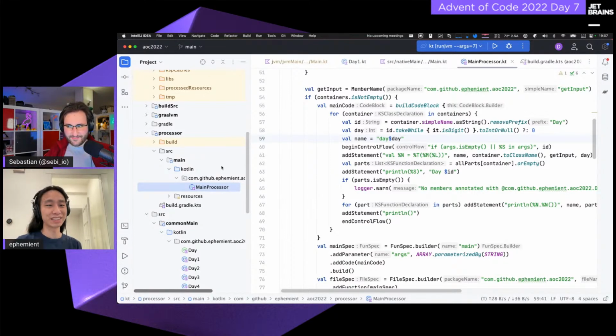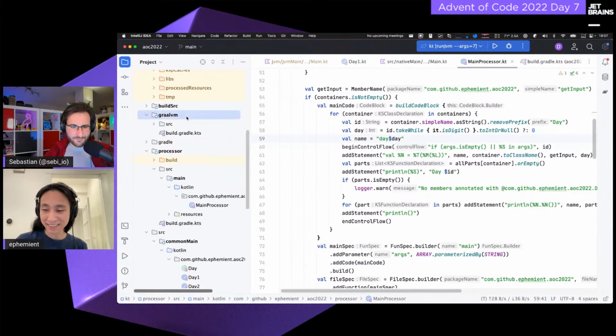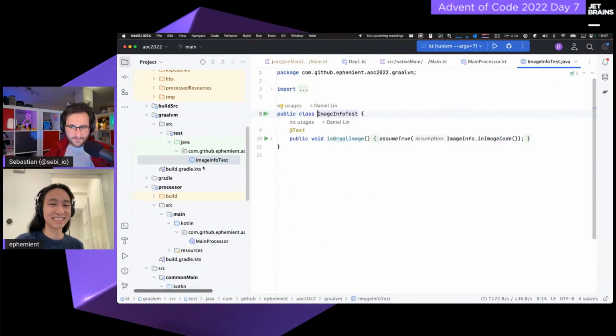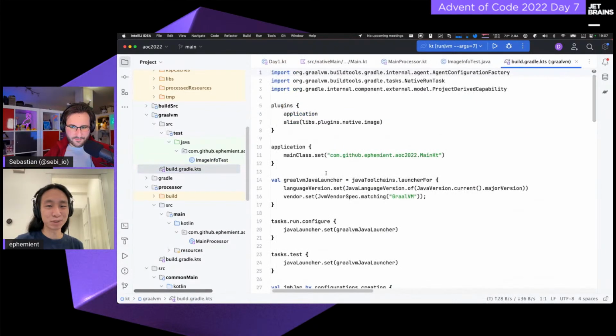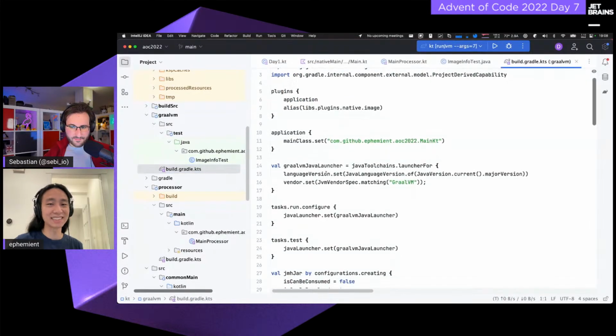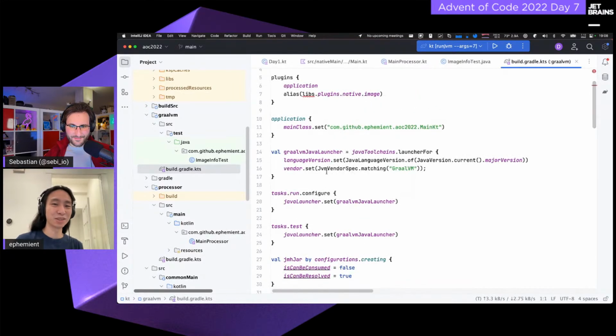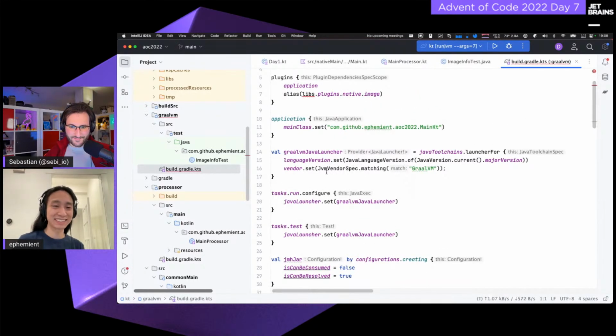And similarly, there's the Graal VM folder, which is set up so that I can build an actual native image. The build script has some kind of nasty hacks to grab the jar from the parent build, since I can't load the Graal VM plugin into the same build as the multi-platform plugin because it's not a Java project.